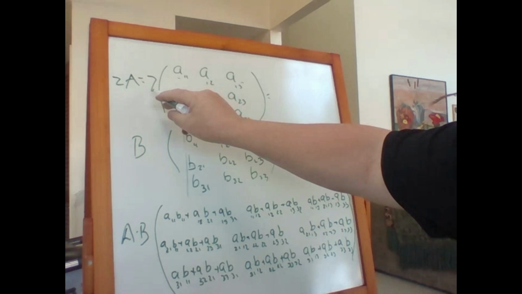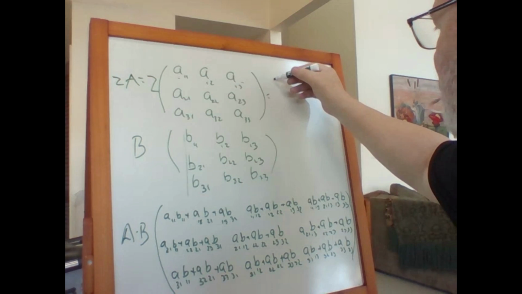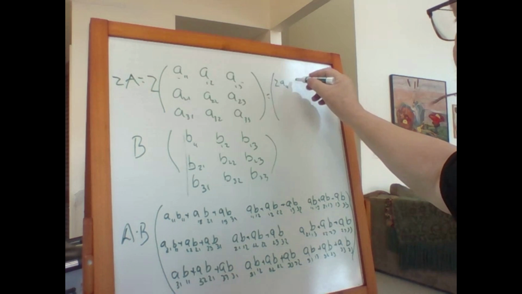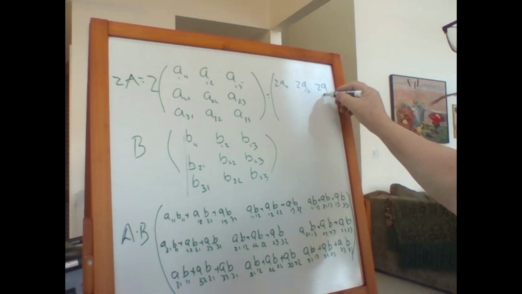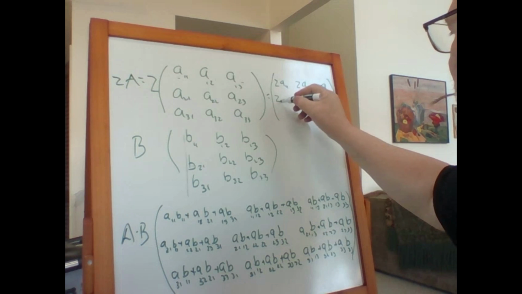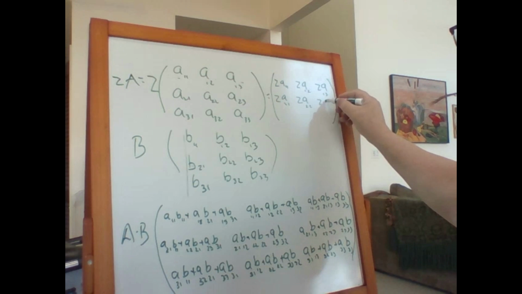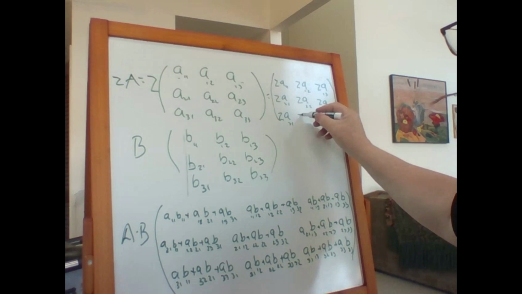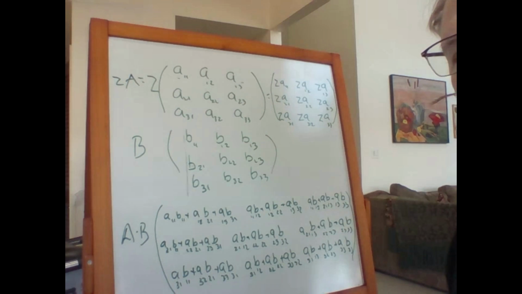All right, so when you have the scalar multiplication, z times A, each position of the matrix is multiplied by z. So zA11, zA12, zA13, zA21, zA22, zA23, and finally zA31, zA32, and zA33. And that's very similar to